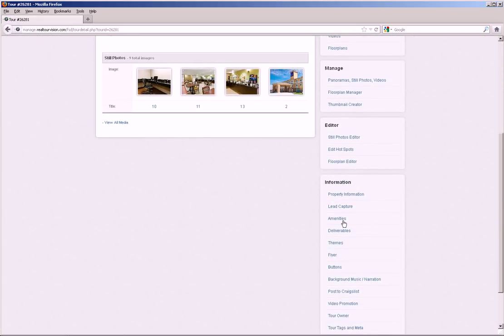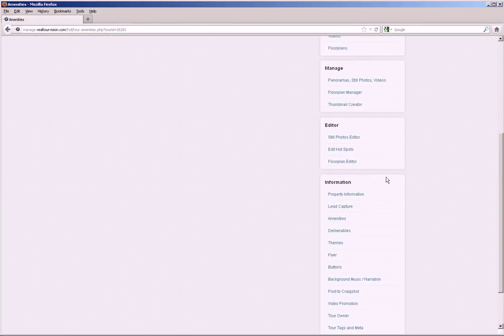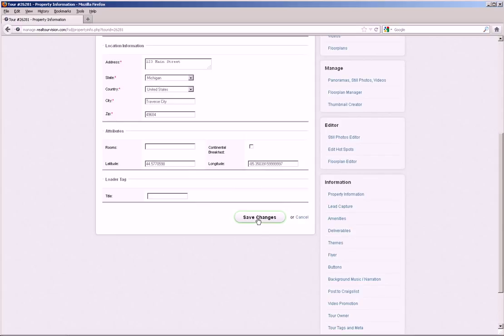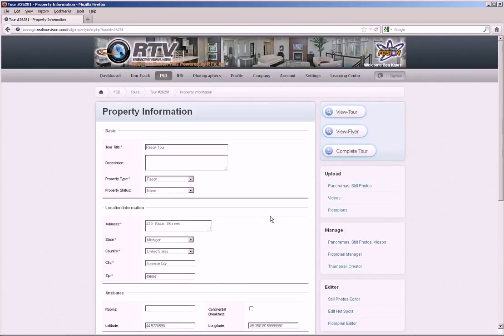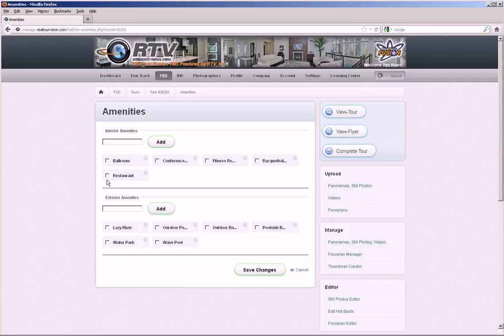First thing I need to do, because the amenities are still not appearing on this virtual tour, is I need to go to property information. I need to go to property type, and there I will be able to select the resort property type that I have just created. Now, once I have selected that as my property type, the resort, I'm going to come to the bottom and click Save Changes. And then after I click Save Changes, I can go over to the amenities under information, and there are my